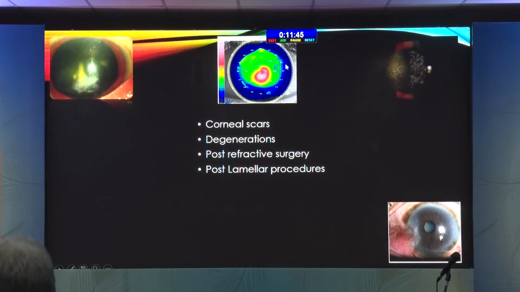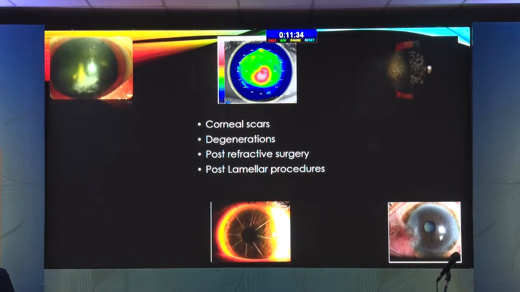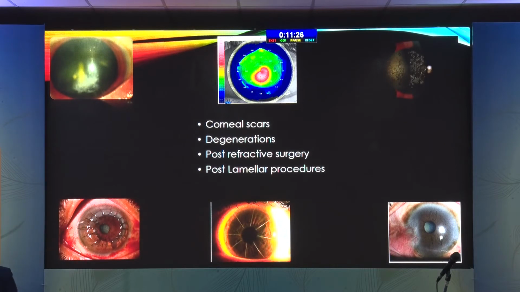And we know that there are a lot of degenerative conditions such as dystrophies, keratoconus, pterygiums, and all other corneal problems which are causing problems with IOL calculation. We have a lot of post-refractive surgeries, from the times of RK to the latest advances in lenticular extraction. And we also have all different types of lamellar procedures